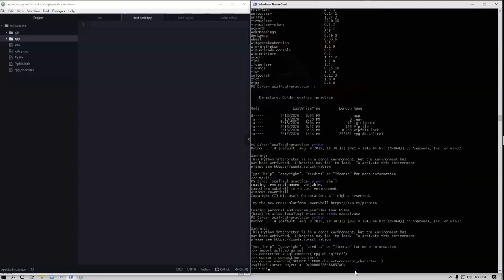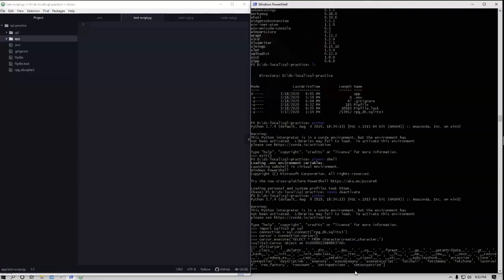And one of the coolest ways to get an idea of what methods are available to you is to dir. So I can actually dir this, and I can real quick just see, okay, I have execute many, script, fetch all, fetch many, fetch one. That sounds like it's getting something from somewhere, right? Fetching, that's what we want to do. This is stuff you all know. I'm just walking you through the logic, by the way.